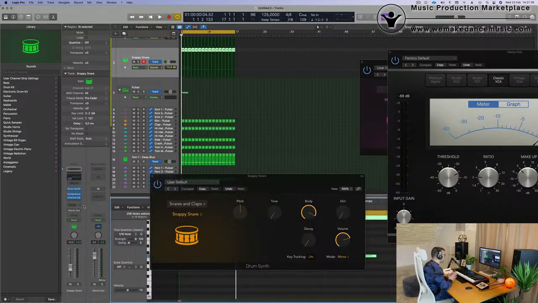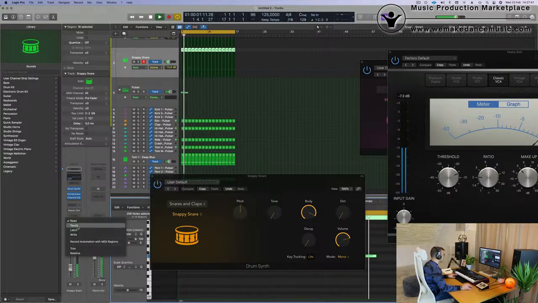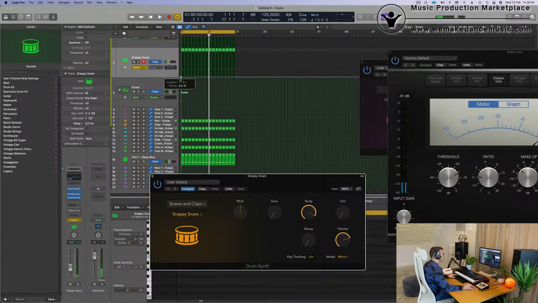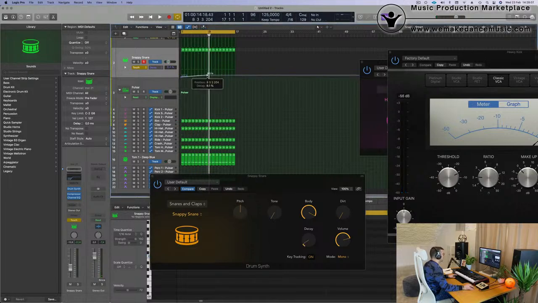I could do a send to a reverb, which will make it bigger, into a room, or what I will do is increase the decay. So I'm going to put it on touch, open, until it becomes pretty much only noise. Like this. So I think this is